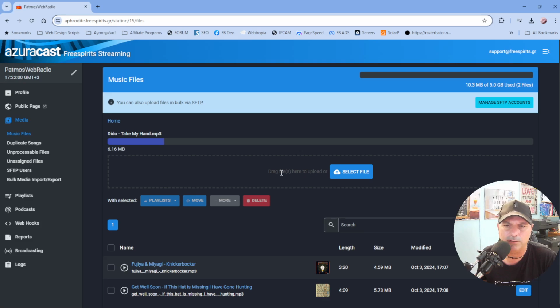You can drag and drop your MP3 files. Once you do that, you can then arrange them into a playlist and do the exact thing that I'm doing at the moment. At the moment, I'm going to add all of them to the default playlist, because you can create as many playlists